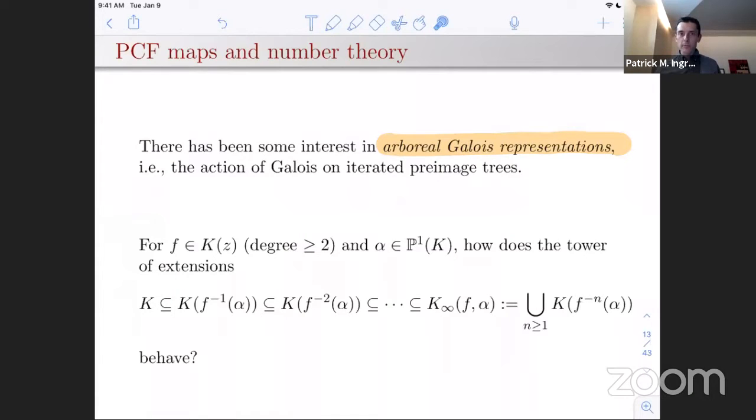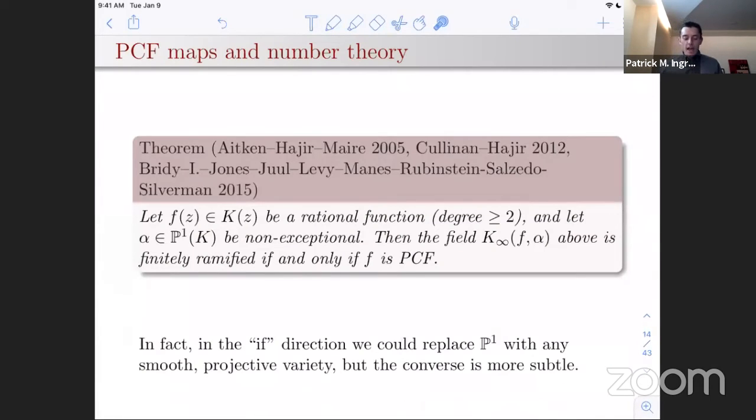So we have probably an infinite algebraic extension. What sorts of interesting things can we say about that? And here's a theorem that speaks to that. That's again, just sort of trying to build buy-in for interest in these post-critically finite rational functions. So maybe I'll do the short part first, which is the statement of the theorem, and then I'll go to the attribution line.